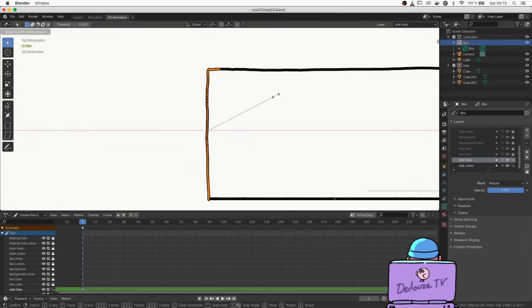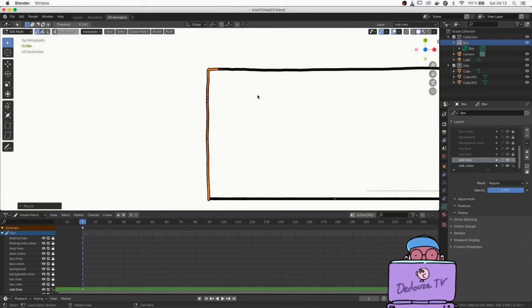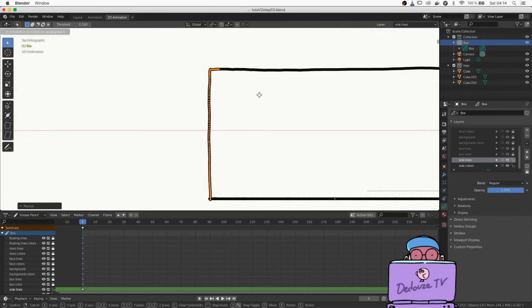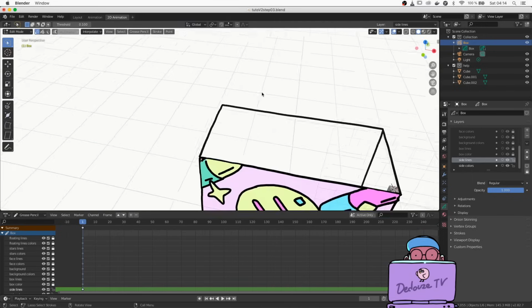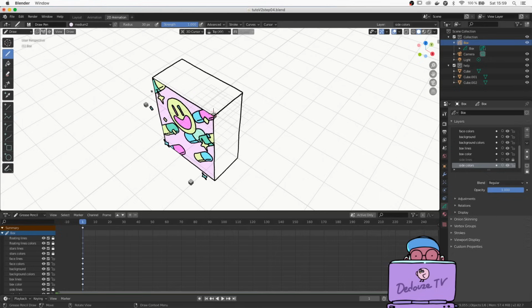If you look on the top of my selection, you see the point stretching or contracting when I resize the shape. I prefer to resize instead of just moving everything to the right because I don't want to have these points colliding with the rest on the right. It wouldn't create any bug on the file if these points are colliding, but I'm just a maniac about these points sometimes, so I shrink everything and I can press G to move the lines to the right. We can now go back to draw mode, and after selecting the layer for the side colors, we can paint the top face with the bucket tool.